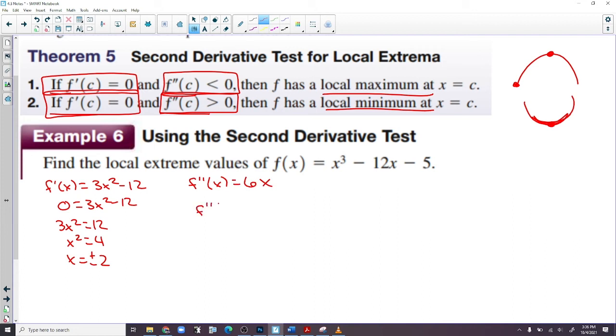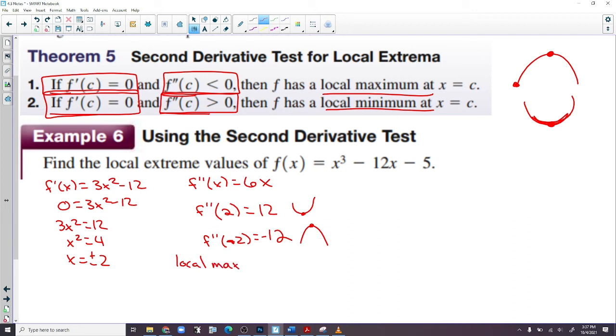Now f double prime of 2 is 12. That means this graph is concave up, and we have a local minimum. The second derivative at negative 2 is negative 12. That means the graph is concave down, so we have a local maximum. So